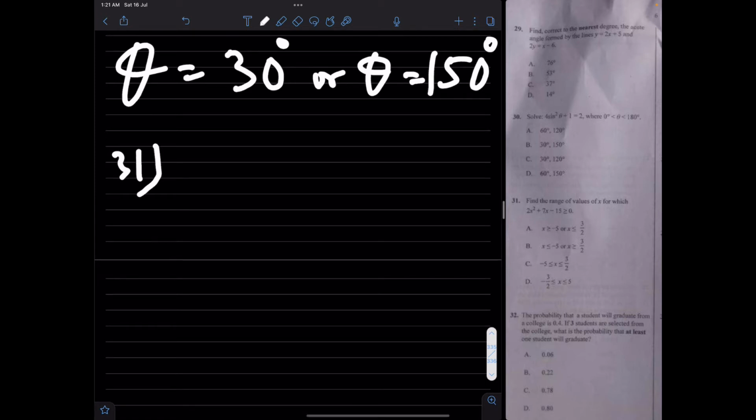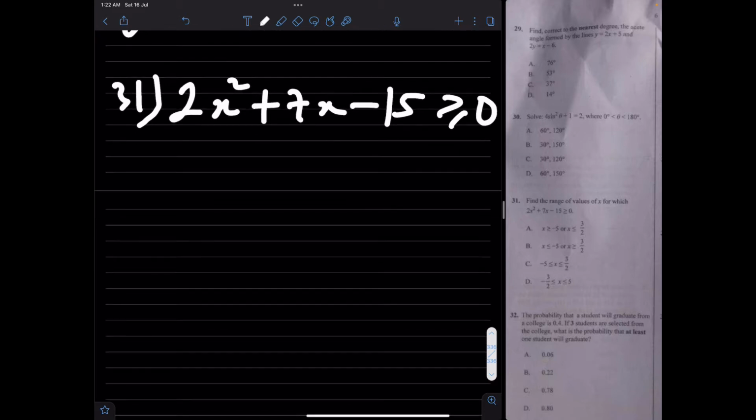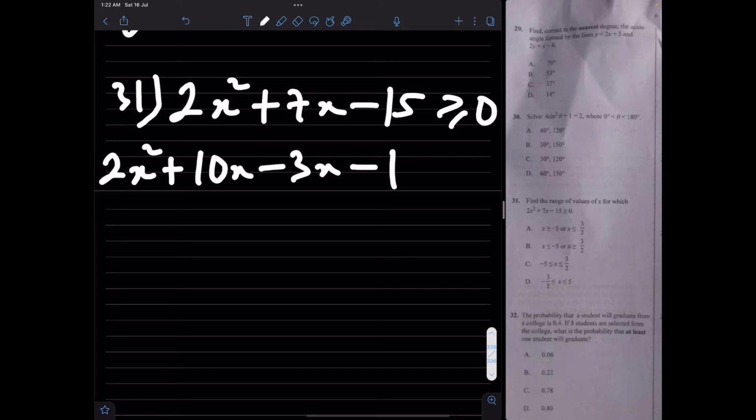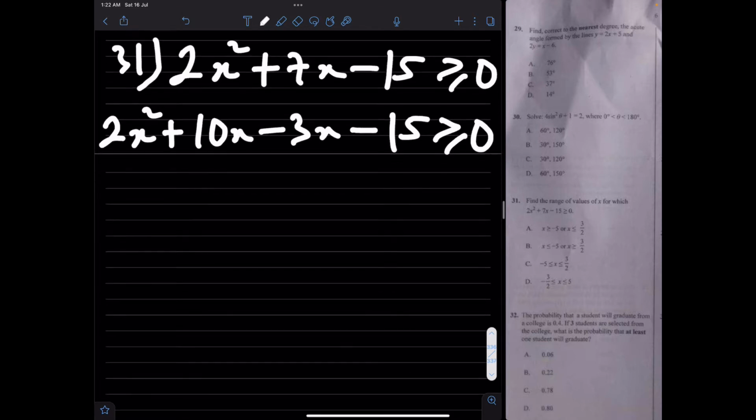Number 31. Find the range of values of x for which 2x squared plus 7x minus 15 is greater than or equal to 0. This is the same as 2x squared plus 10x minus 3x minus 15. By now we know how to factorize quadratic expressions. Now, this simply means 2x into bracket x plus 5